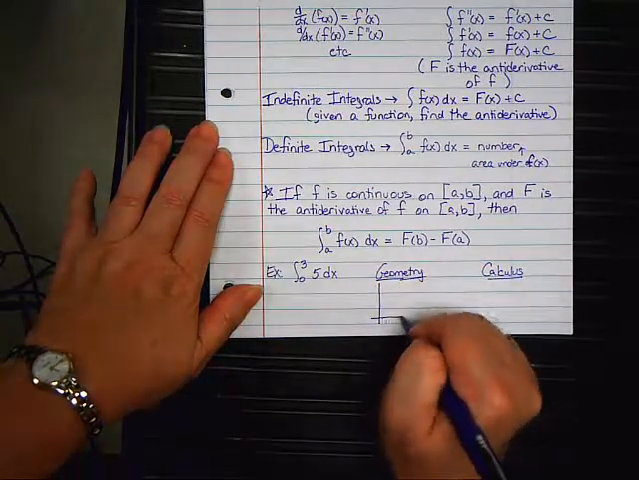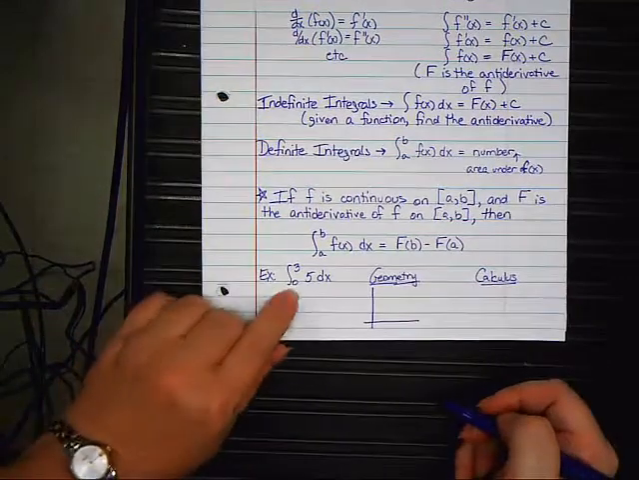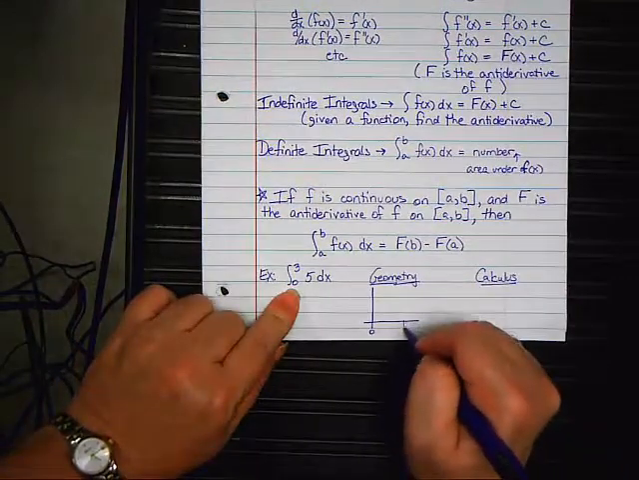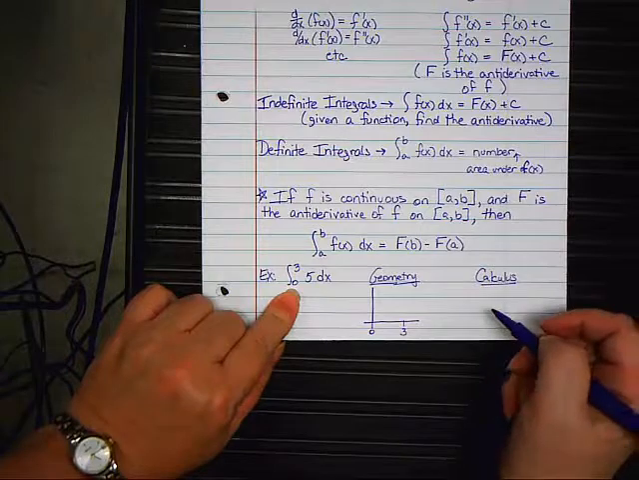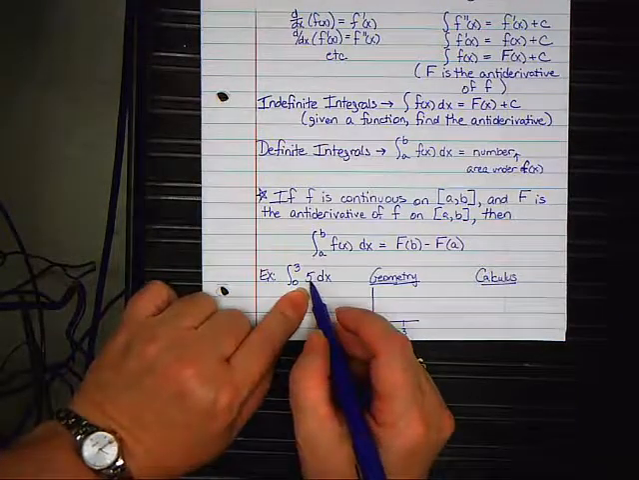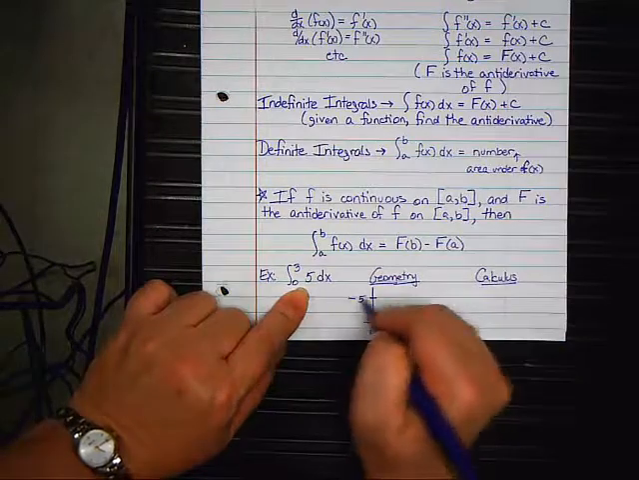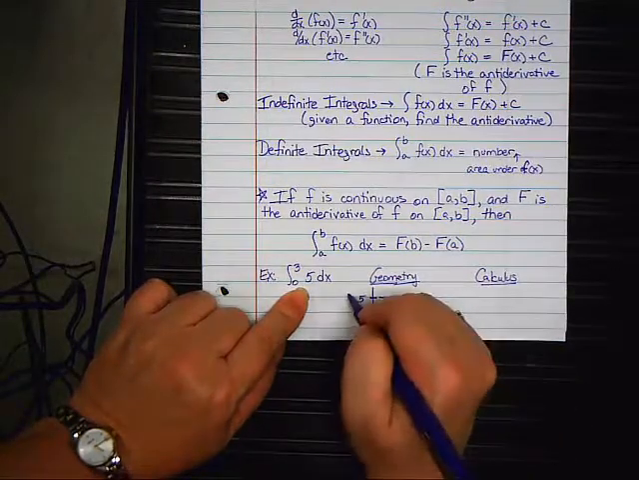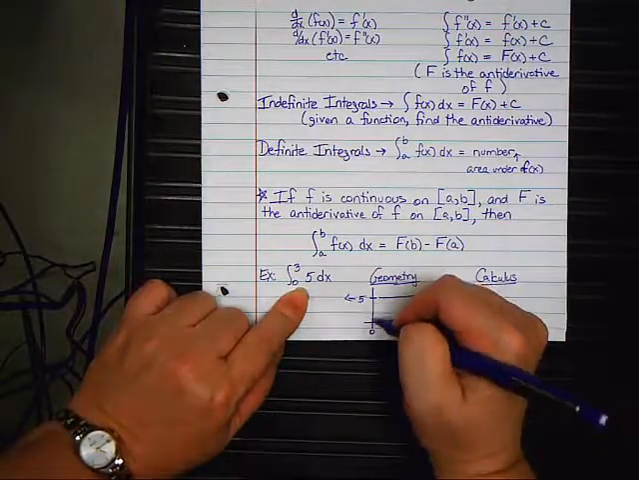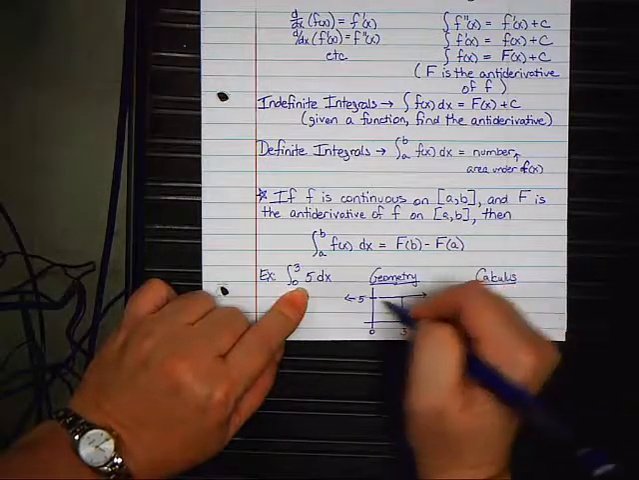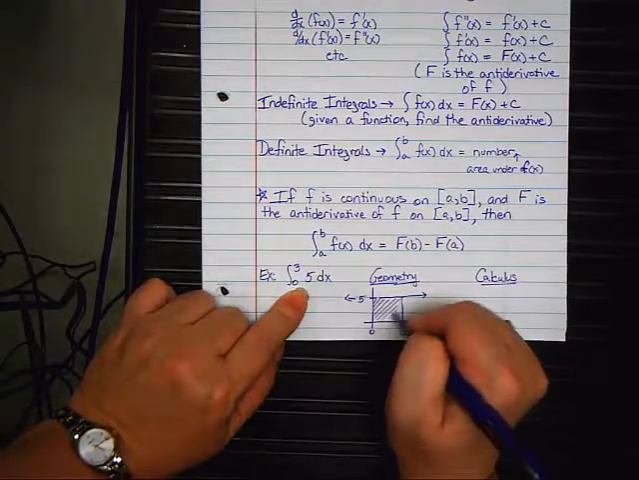We draw the picture. This tells us to go from 0 to 3. The graph of 5, we've done that many, many times. That is a horizontal line at 5 that goes like so. I'm already connected to 0. We need to connect at 3, shade it in,